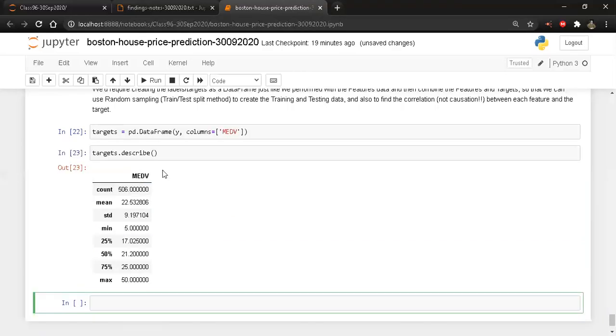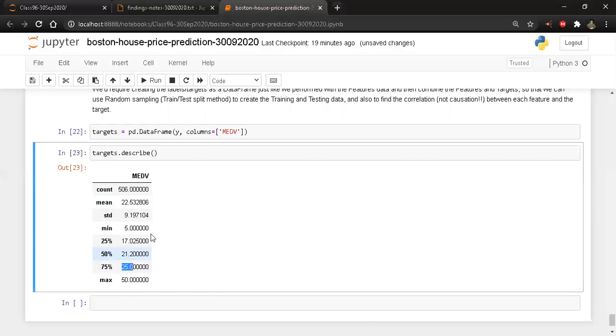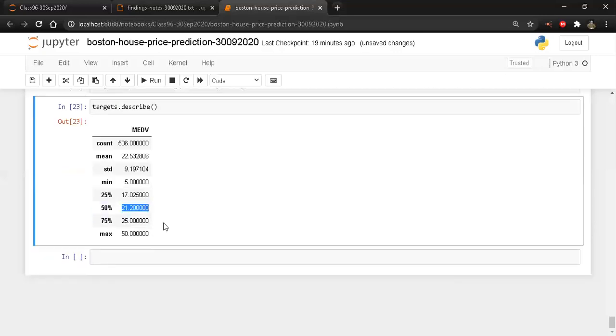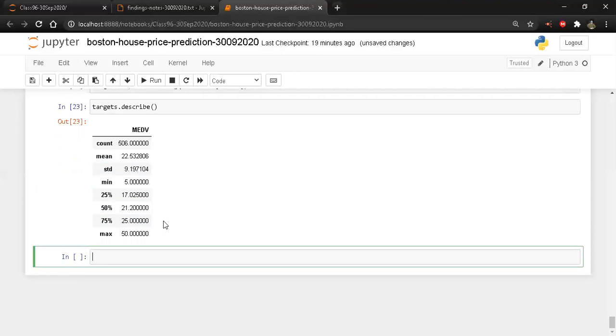Now if you see over here, I have a mean of 22, 75% and my median is 21. So this looks to be normally distributed data. This means I can have some confidence that regression is a good use case here, because we know that one of the assumptions of linear regression, whether simple or multiple, is that the target should be normally distributed.